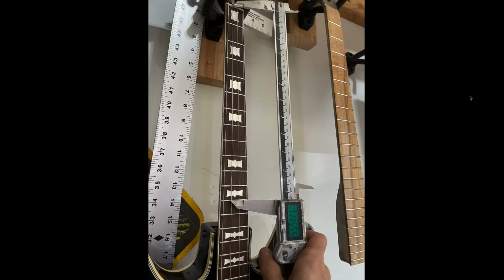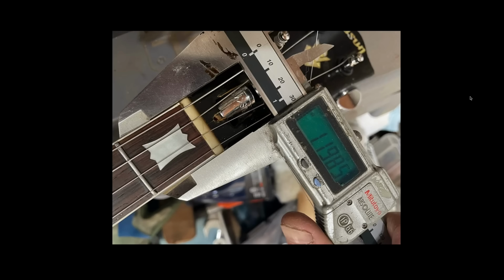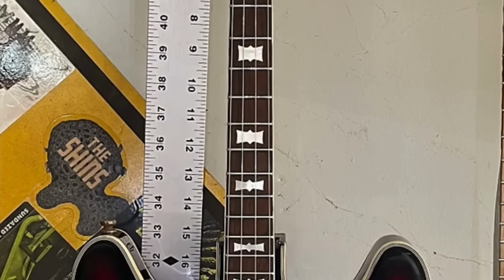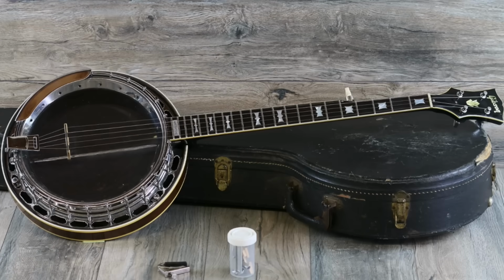So looking at this, it actually does appear to be a real Gibson Tenor neck that was slapped on a made in Japan style body. So it is being advertised correctly, but it's kind of interesting how the Gibson Tenor neck ended up on this, unless it's actually a Gibson Banjo neck. That might be what it is because those get bolted on a little bit more than most of the set